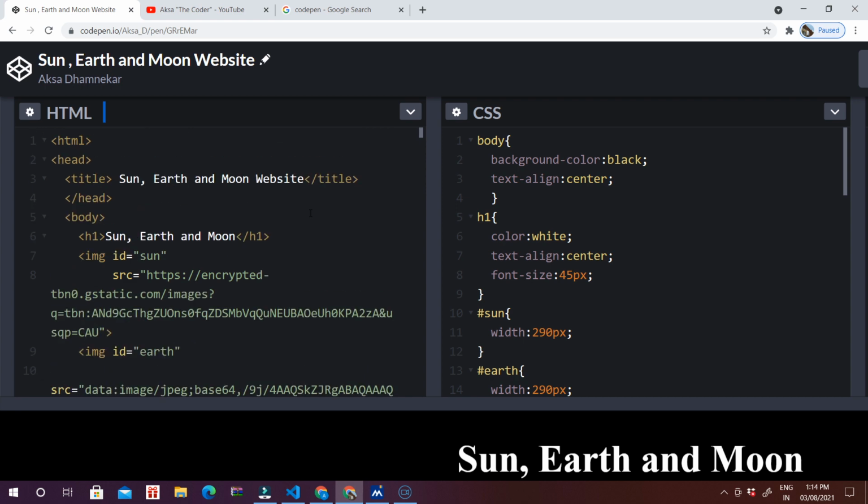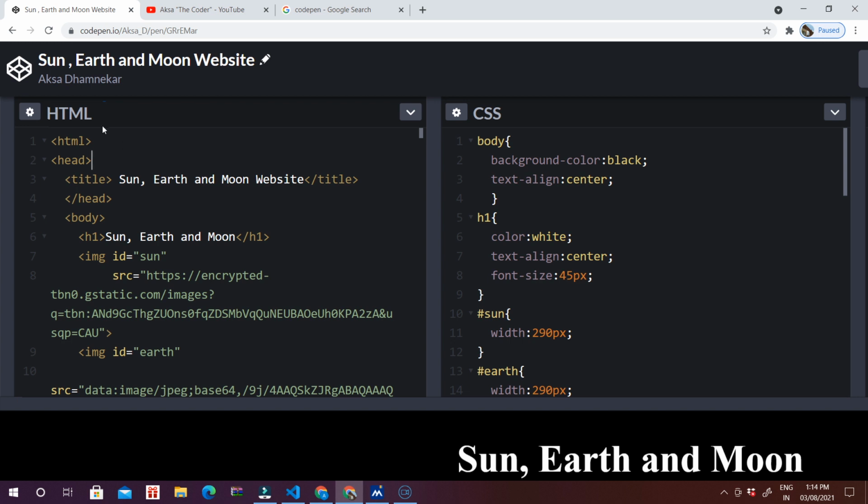First let me tell you the basic things of HTML. Whatever app, whatever game or any website you're making using HTML, in HTML you always need to add HTML first. So you need to code this. In this package, you need to type HTML over there and again this one.